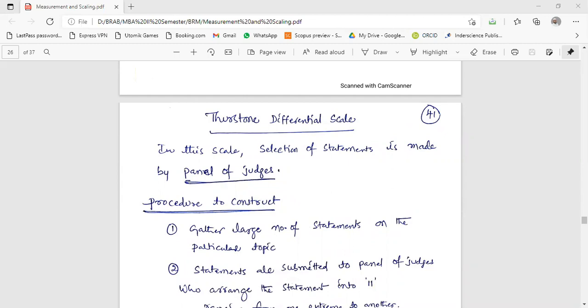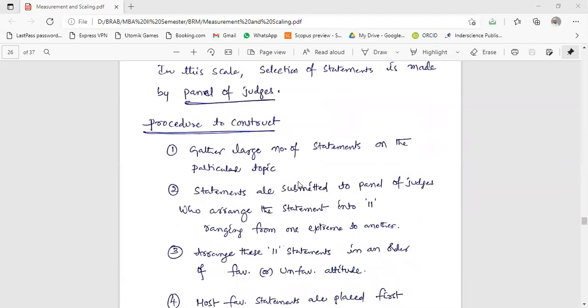Here a panel of subject experts will be there, and they will select the scale. So what is the procedure to construct the scale? Gather a large number of statements on a particular topic. On whichever topic you have to do the research, you have to collect a large number of statements on that particular topic.